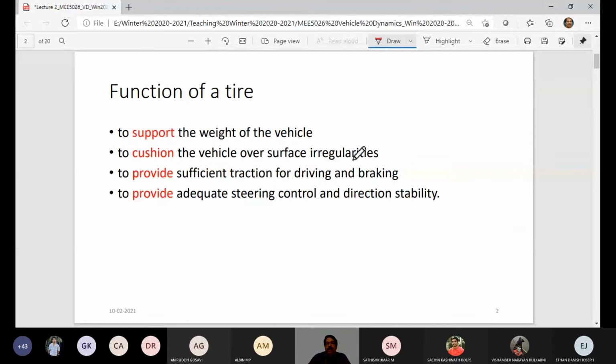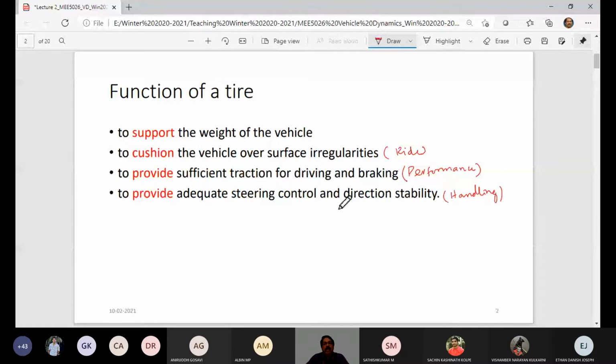Yeah, so in this order, when you say cushion, it's an isolation that is required so that vibration does not come into your vehicle. Let's call that the ride part of our vehicle dynamics. And when you need to develop the necessary traction or braking force at the road-tire interaction, then we say the vehicle does its performance. And the steering control and direction stability essentially takes care of an important vehicle characteristic called handling. So this is what we have seen.